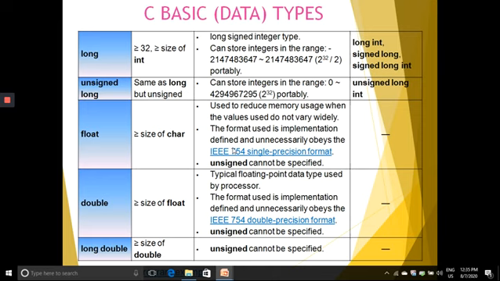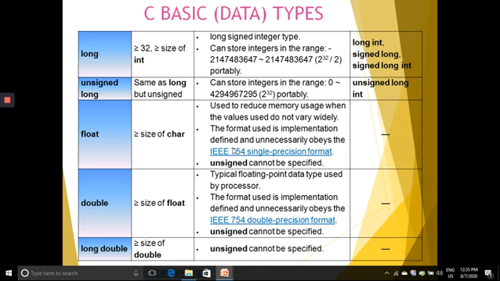Can store integers in the range -2147483648 to 2147483647. Long int and signed long int are all the same, which are other ways of writing the long type data.